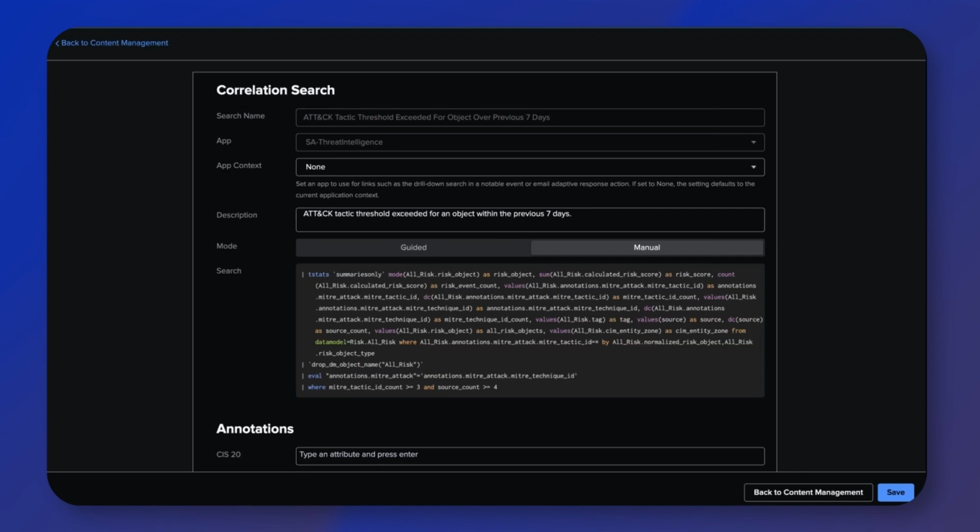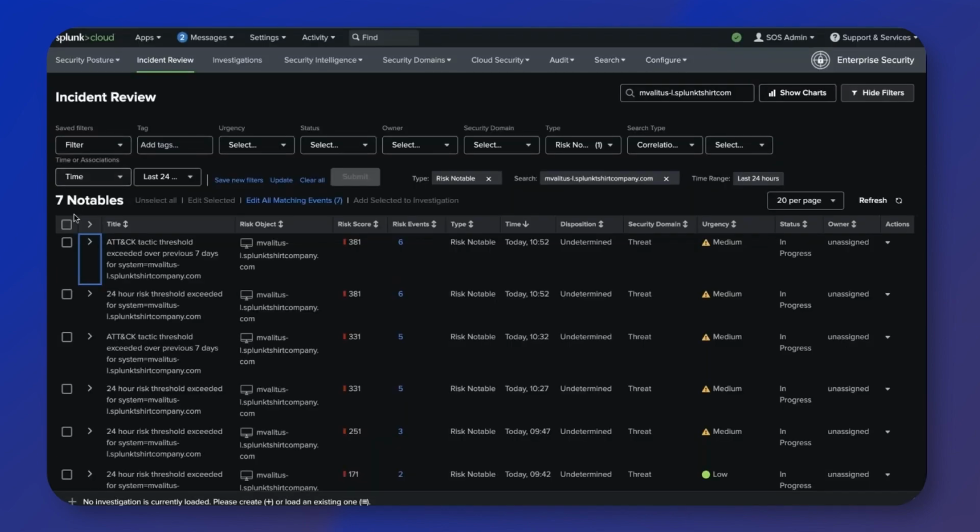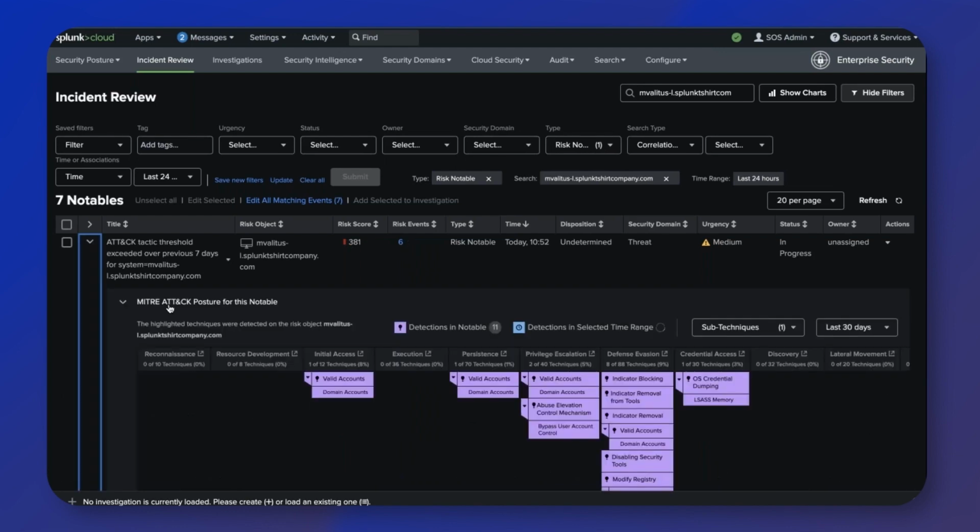Yeah, so that's the kind of risk indicator rules. And so when that then alerts, what you then see is an incident review, you'll see events that are presented like this. And these are known as risk notables. You can filter based on type. So in this case, drill down to type risk notable. And then you'll get presented with all of them back, and you can see the risk events and the risk score. So in this case, I'm going to just expand this one to start with to show you